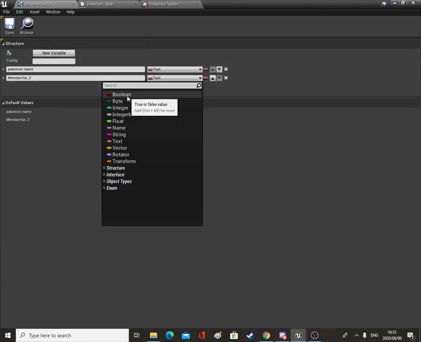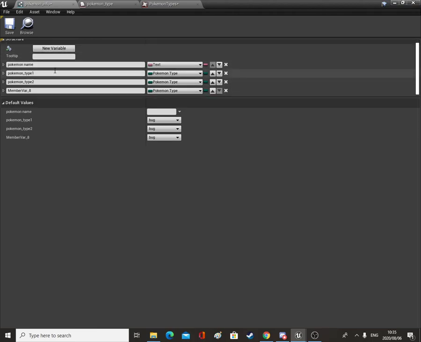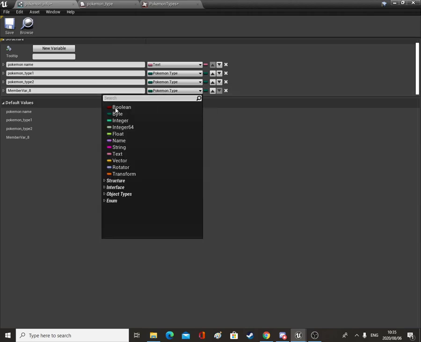And the first one we'll make Pokemon type, and then we'll add another one, also Pokemon type. The first one we'll change the name to Pokemon type 1, and the second one will be Pokemon type 2, seeing as they don't normally only have one type nowadays. Okay, so we got a Pokemon name, we got the type, and then let's have